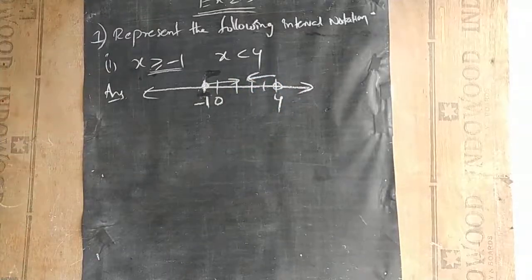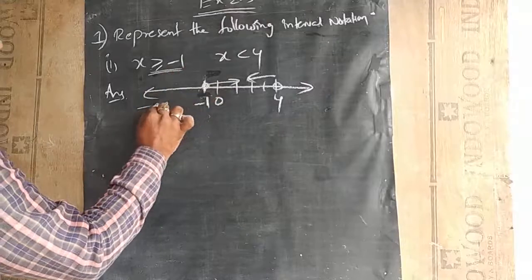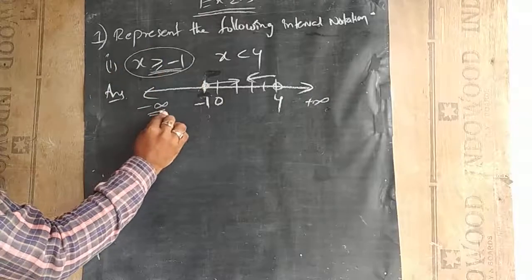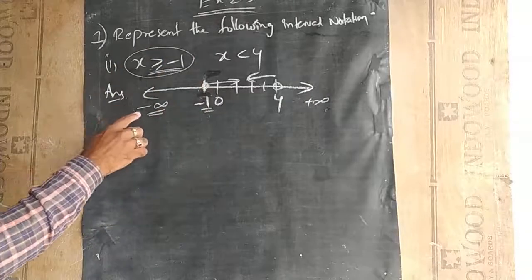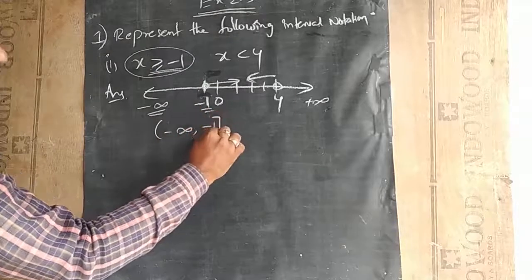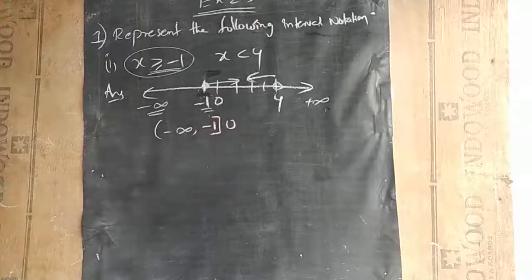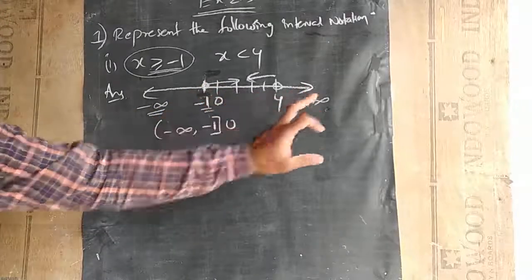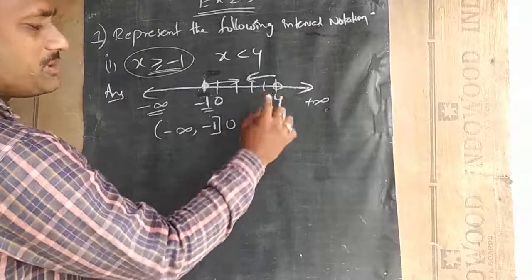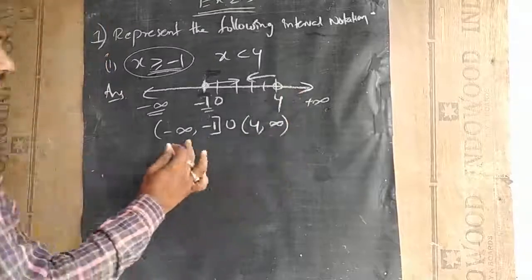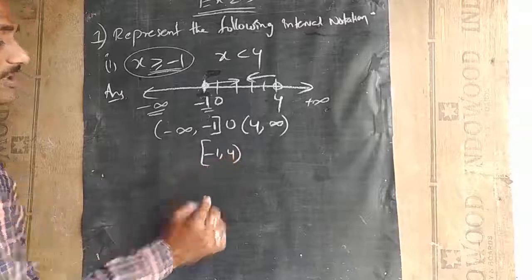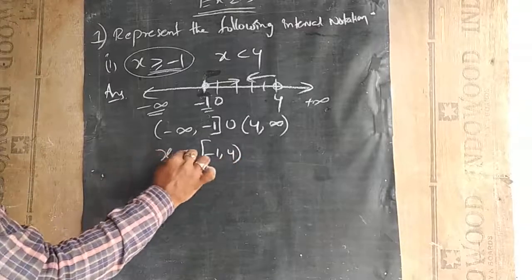So what will be the interval notation here? Minus infinity to plus infinity. So if I consider this case, we have two values here, minus infinity and minus 1. So the smallest number is minus infinity here, minus infinity comma minus 1, but it should be closed, union. Here 4 and infinity. So 4 should be an open bracket. Why? Because it is an open circle, comma infinity. So this can be represented as minus 1 comma 4, like this we can write. X belongs to.